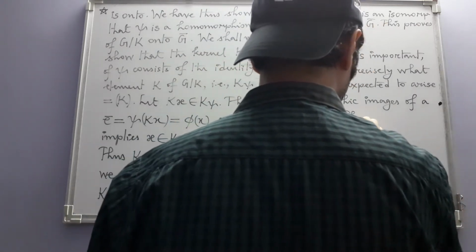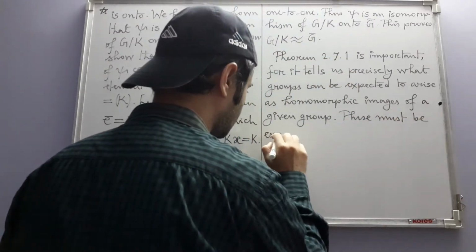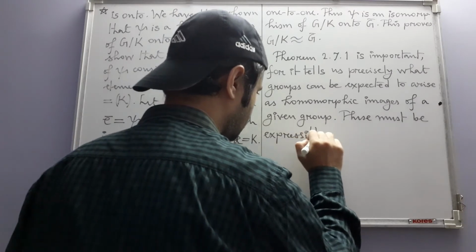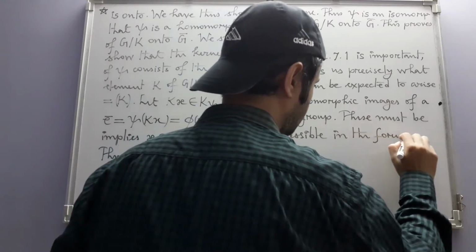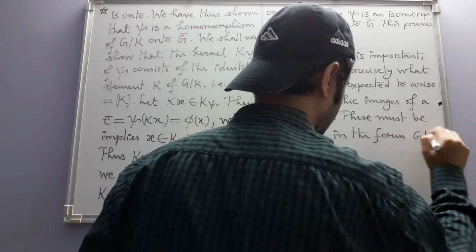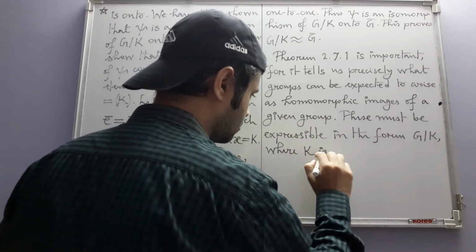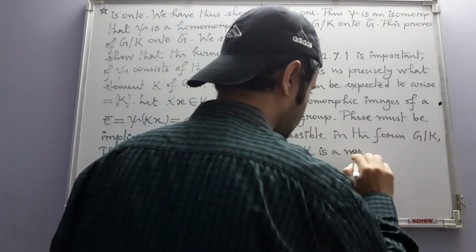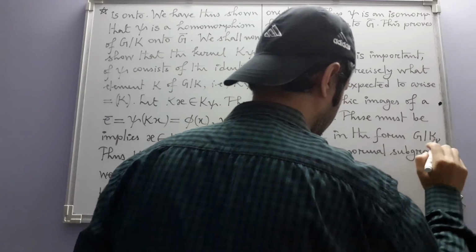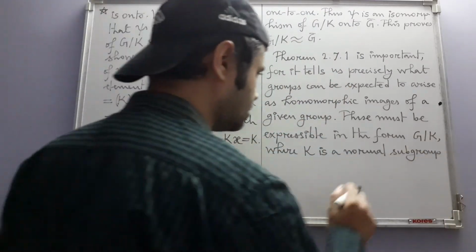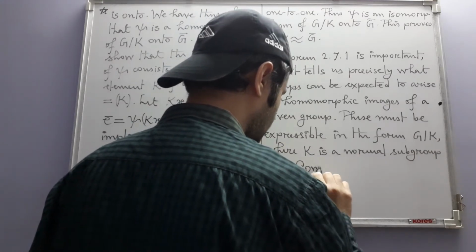These must be expressible in the form G by K, where K is a normal subgroup of G. Conversely,